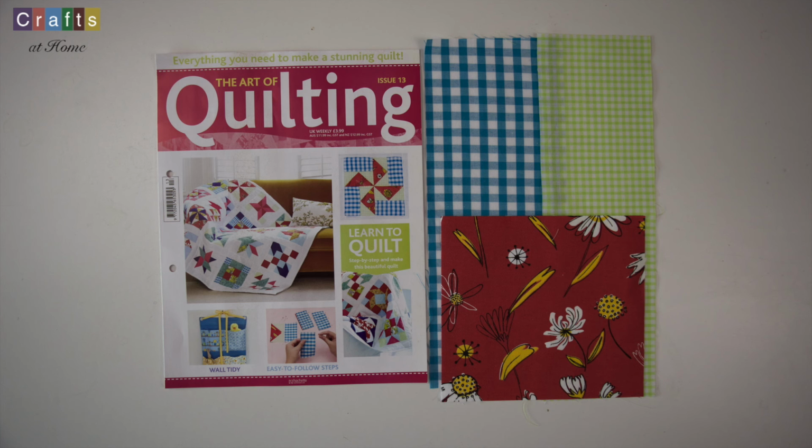Welcome back to this video series where I'm going to be featuring the art of quilting from Shape Artworks. Hopefully you'll have completed your first 11 blocks and have them stored, ironed and flat, ready for joining in later issues. With this issue we'll be making the Windmill Sails block, and you'll be receiving the daisy, lime gingham and